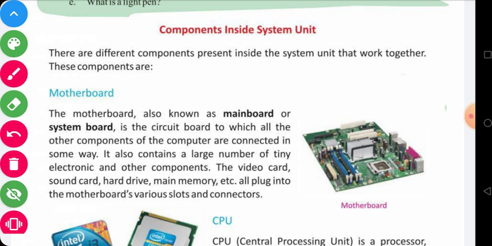As you look carefully at this picture, this is the slot of RAM. You can see the blue strips present in this motherboard. This is the slot of RAM, and in this we insert the RAM. What is RAM? RAM is the primary storage of the computer system. This is the slot of your microprocessor, and in this we can insert the processor of a computer. Similarly, there are various other hardware devices which we can insert into the motherboard.